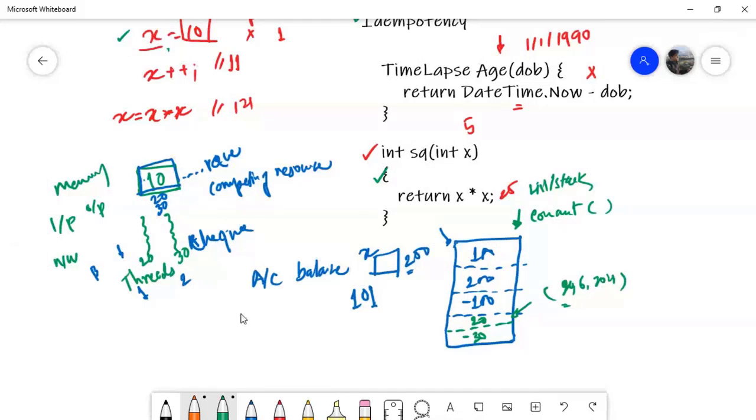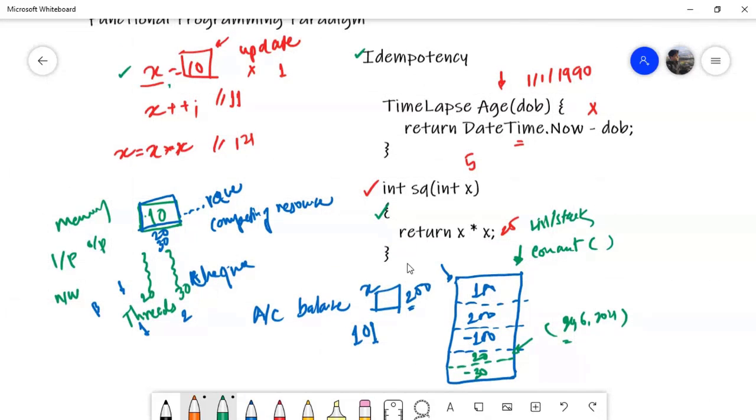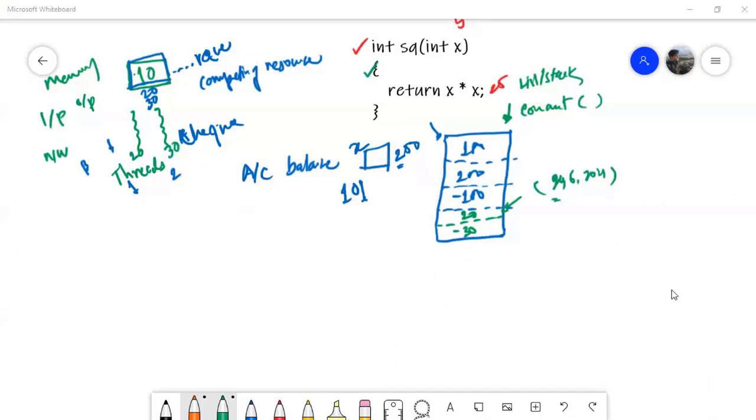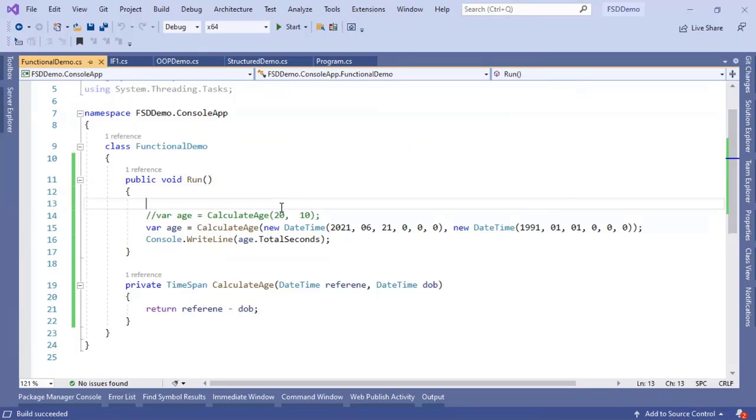It might appear that functional programming is extremely memory inefficient, and that is true. But the benefit is you will never run into an inconsistent system. Your system is always going to have a constant, predictable state, and that is extremely required when you are writing difficult enterprise applications. Okay, so that is functional programming for you. So with that, let's take a quick break. We're going to come